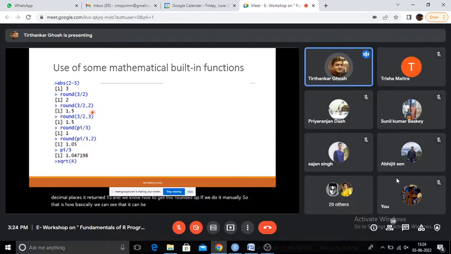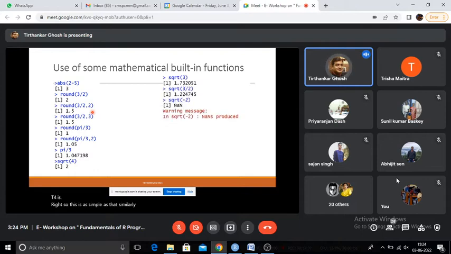Now SQRT stands for getting the square root of a value. So SQRT of 4 is 2, right? So this is as simple as that. Similarly, SQRT for these, and okay. Now, if we put something which is undefined mathematically, then it returns one output which is called NaN.